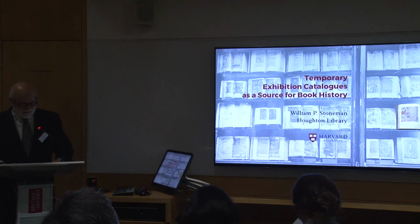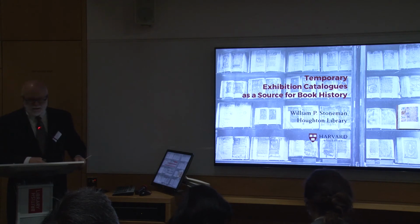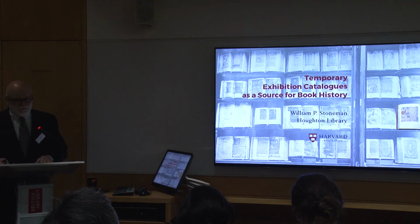197 of 270 manuscripts were displayed like this. So a full 73% of the 1908 exhibition was in private property. This is indicative of the number of manuscripts in private collections and the interest in this material. But what's even more remarkable is 119 of the 270 manuscripts, a full 44% of the entire exhibition was owned